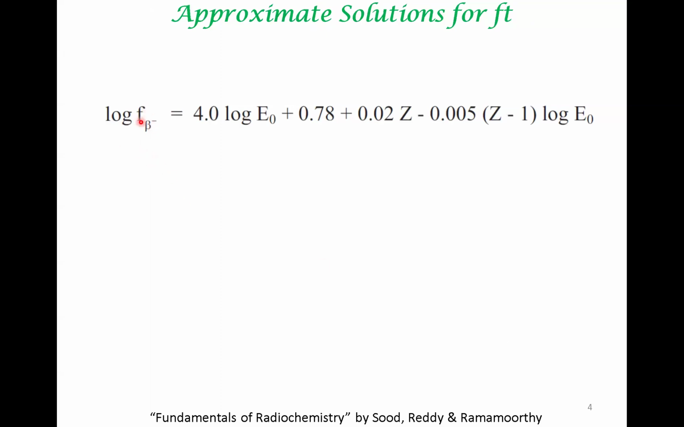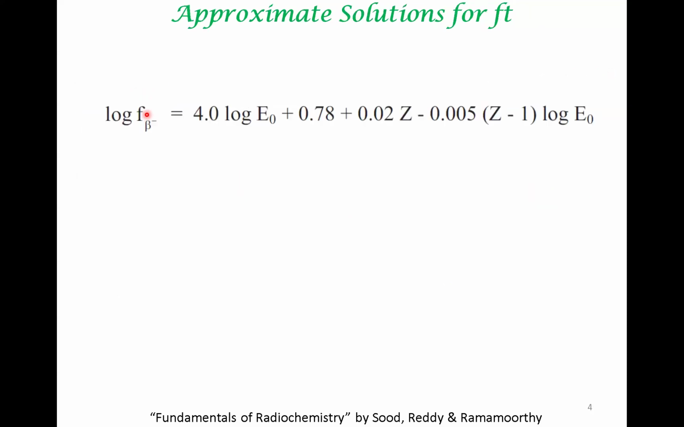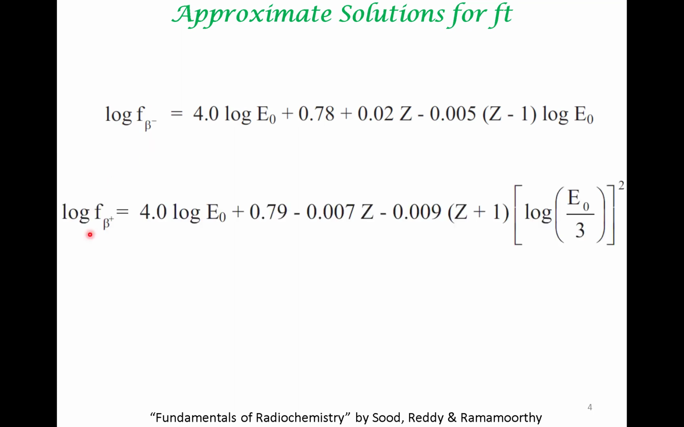Using such approximations to get an expression for this, we can get an expression for log of f. Remember the significance of f: f is indicative of decay constants. So log f, under certain limits, can be obtained for beta minus decay, beta plus decay, and for electron capture. These are the three different beta decay mechanisms, and it is possible to get an expression for log f